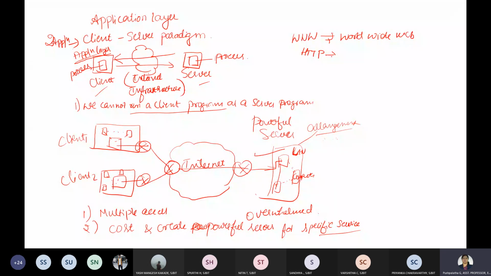Please, you need to interact. And we have FTP also. A few I just name, whatever few I know. FTP, and we have secure shell, SSH. I don't know whether you have dealt with these things.